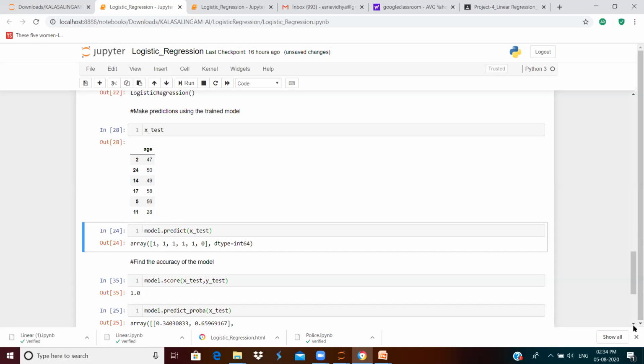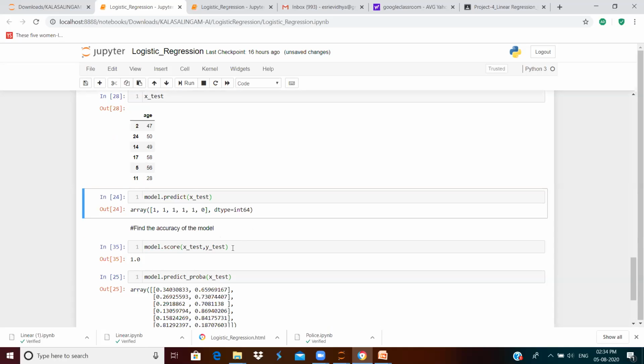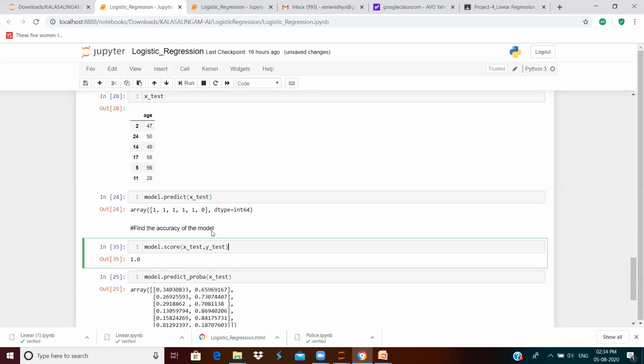You can also find the accuracy of the model using this score function. The score function will take the data set as the argument. In the morning, we would have just given our data column names alone. But here, the data has been split into test data and training data. In this case, you will have to feed in this test data only, right? In order to find out the accuracy of the prediction of our model.